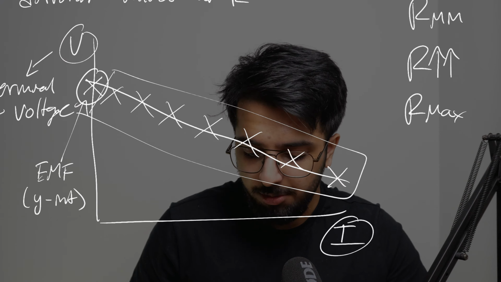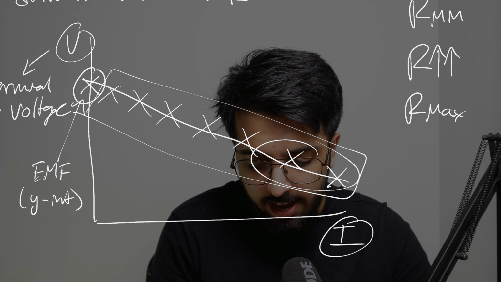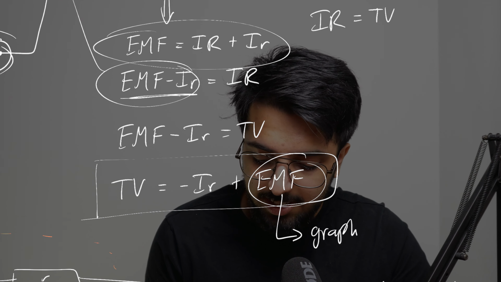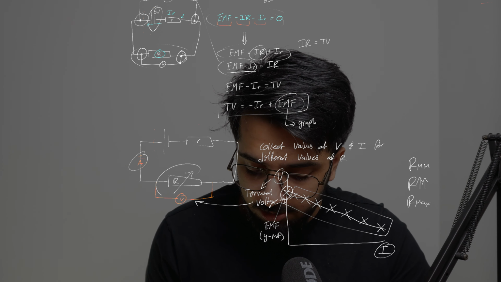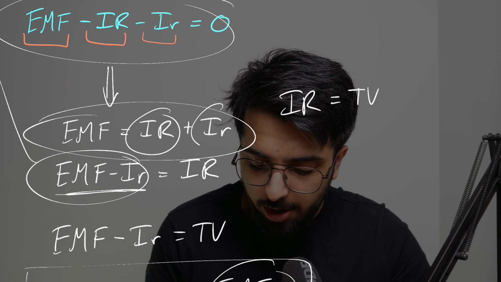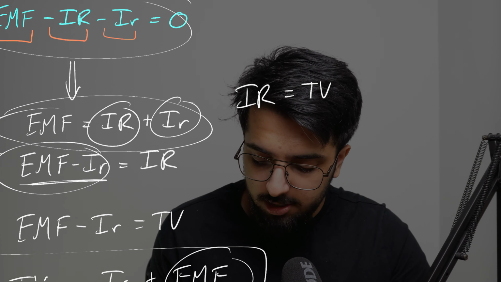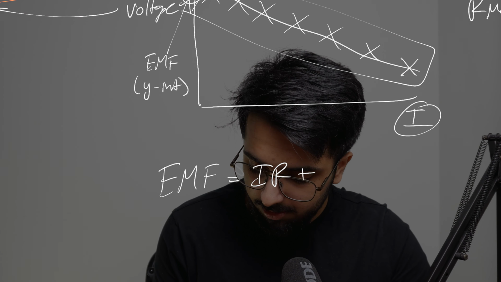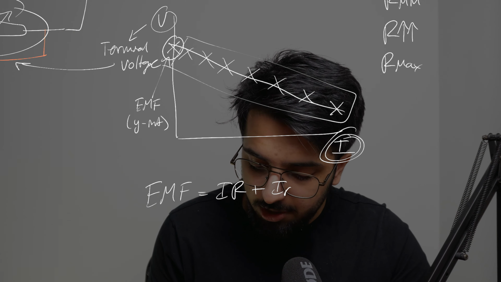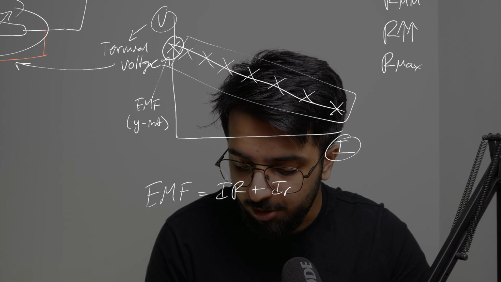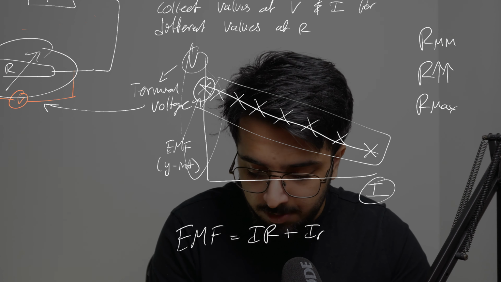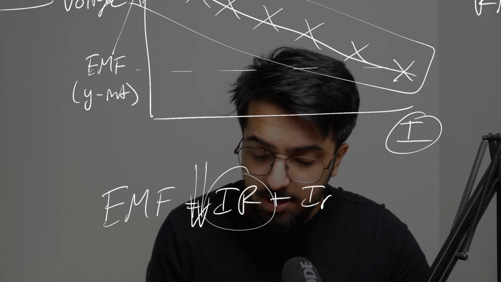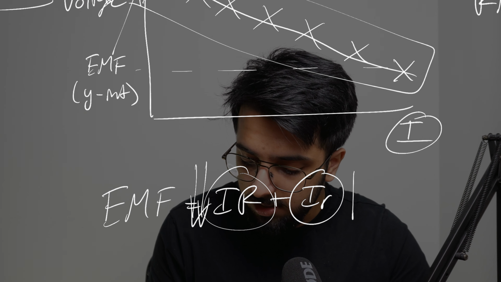Now we can also see from this graph that as current increases, our terminal voltage decreases. But we said over here that our EMF is equal to the voltage drop from our resistor right here, plus the voltage drop due to our internal resistance. However, let me redraw that equation. If more current is flowing through the circuit, so we're at this side of the graph right now, we can see that our terminal voltage is getting smaller. And so if this value is getting smaller, that means as more current is flowing through the circuit,